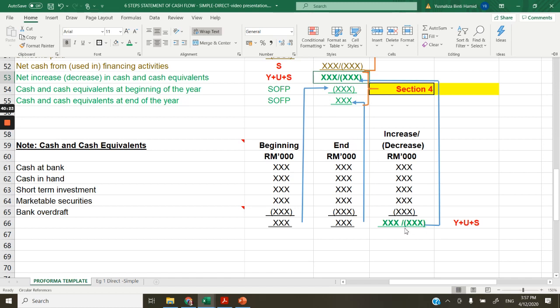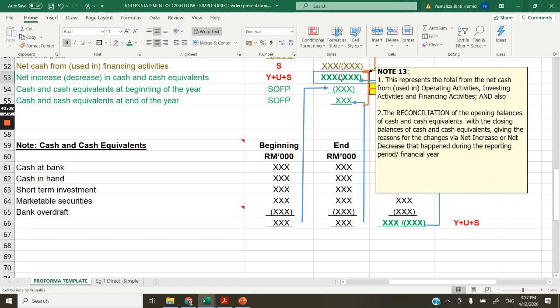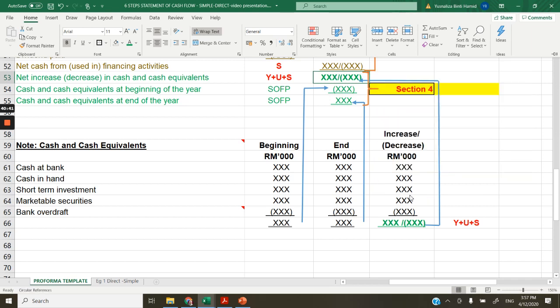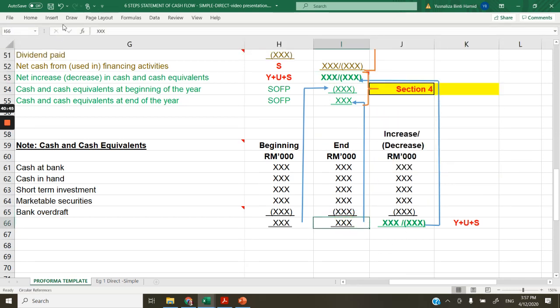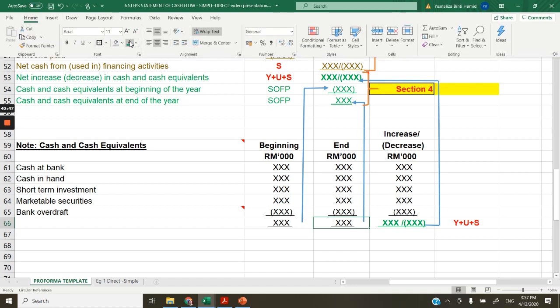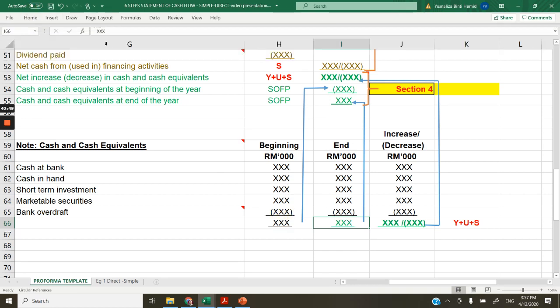So you can find the answer to the cash flow by first constructing the cash and cash equivalent. You can do this first. There is no one best way. You can always do this first. Get this total, put this total here as your net decrease or net increase in cash equivalent. The total of this column, which is also in green here, right? I put green for you. The total here